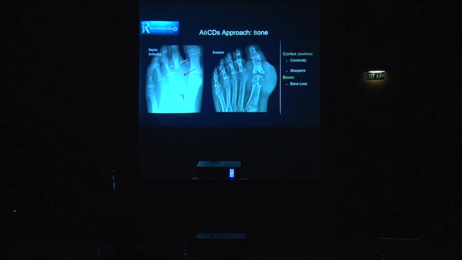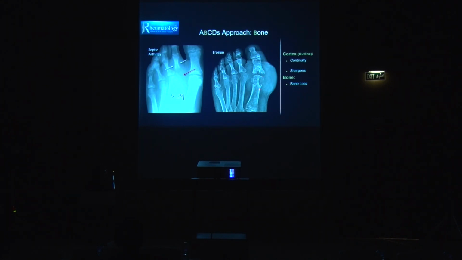For example, in this joint here, you can't see the joint. It's completely disappeared. It's destroyed because of septic arthritis that was not treated. So there is joint damage, and there is bone loss here. This is a big erosion in a patient with gout, and you can see the tophus here, the big tophus. And the thing about gouty erosions is that they can happen outside the joint. So this is the joint,